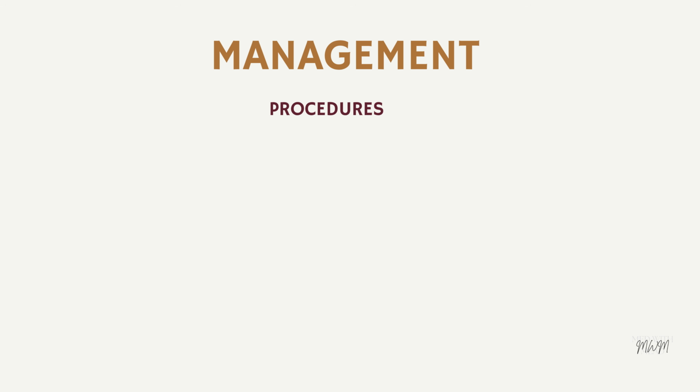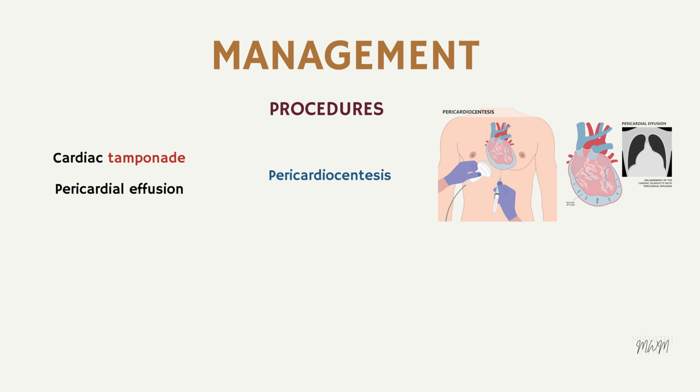In patients with cardiac tamponade, or if the patient is symptomatic with a large pericardial effusion, we can perform a procedure called pericardiocentesis, which means that we insert a needle into the pericardial space to drain excess fluid. And usually it is under ultrasound or through CT guidance. And the fluid should be removed slowly and carefully, because if you drain it rapidly, that can cause pericardial decompression